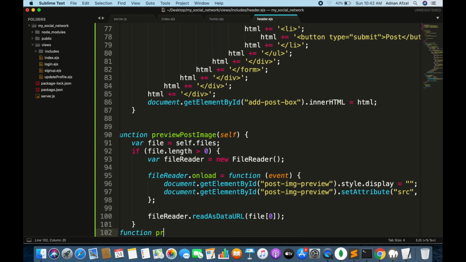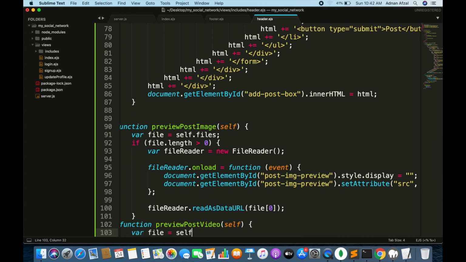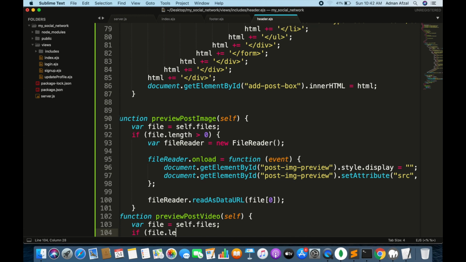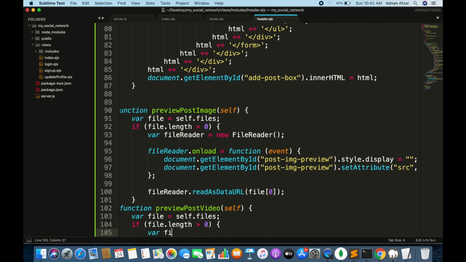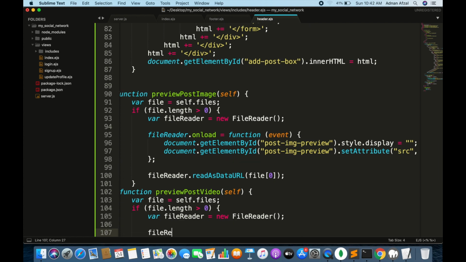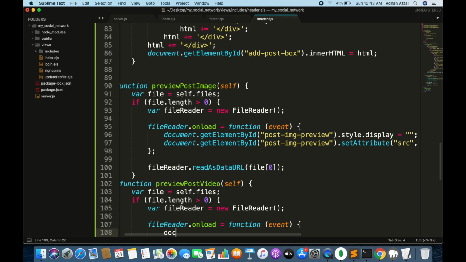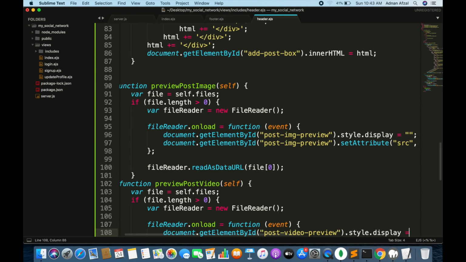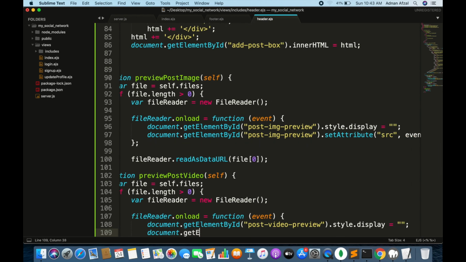And same goes for previewing video in the post. Just the ID will be different for the video tag.